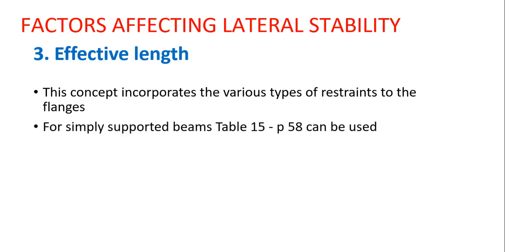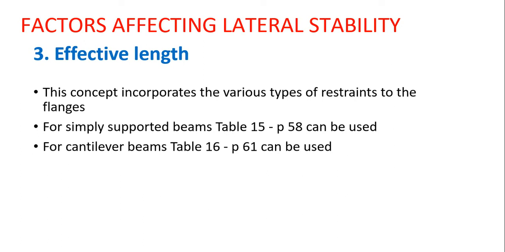So speaking of effective length, this also affects the lateral stability. This concept incorporates the various types of resistance to the flanges only. For simply supported beams, you can get the values from table 15, and for cantilever, table 16. So next we shall see the behavior of beams in